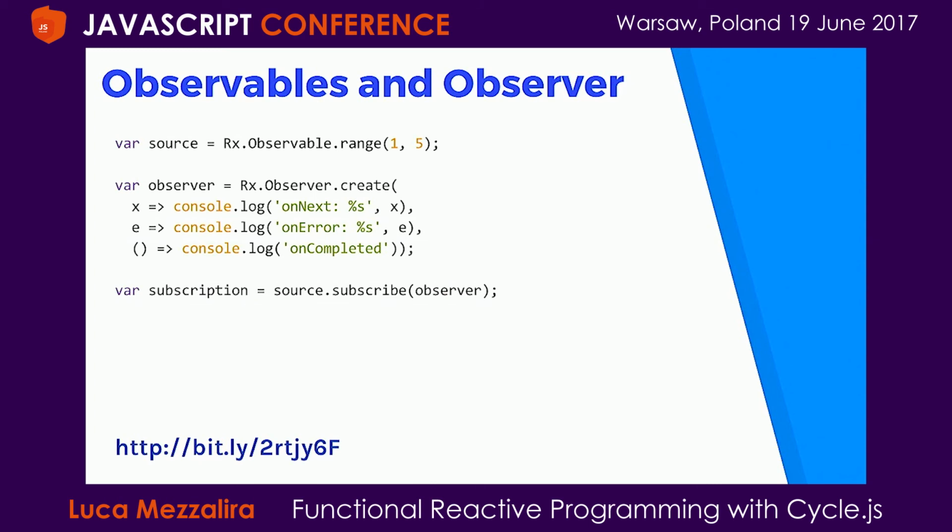There are several libraries that currently are available in the reactive panorama. We've got RxJS, we've got Xstream, we've got Most.js, really, really many of them, and every day there is a new library coming over. The interesting part is that the observable, if you are familiar with the observer pattern, maybe reminds you of the name a little bit. On top of it, there is also the iterator concept. So an observable is composed of two patterns, the observer pattern and the iterator pattern.